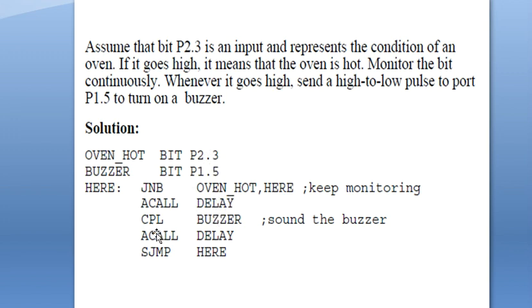to low transition. So here it is made a high to low transition. Here it is sending high, then again it is going to make a high to low transition while doing the complement, right? If it is high, it will be made low. If it is low, it will be made high, right? So here it is done. This will be continuous in the loop, and within this continuous loop this program is going to be executed.